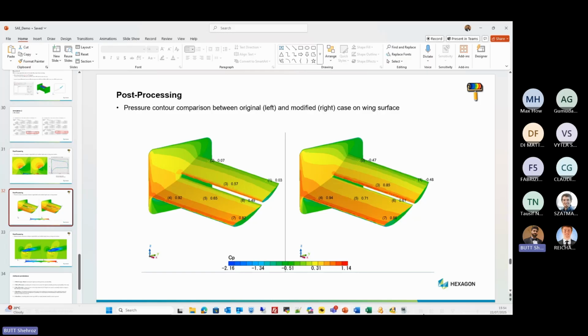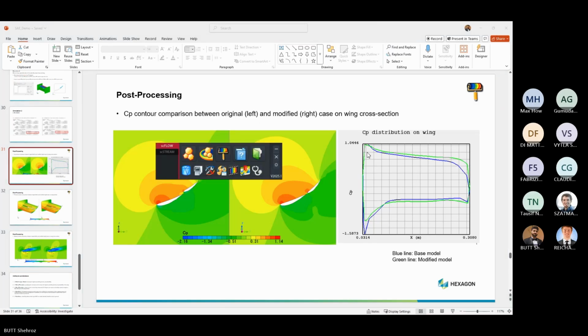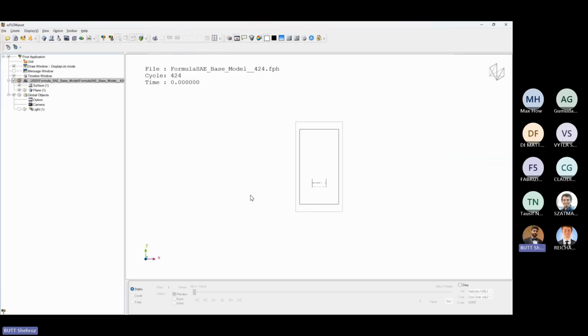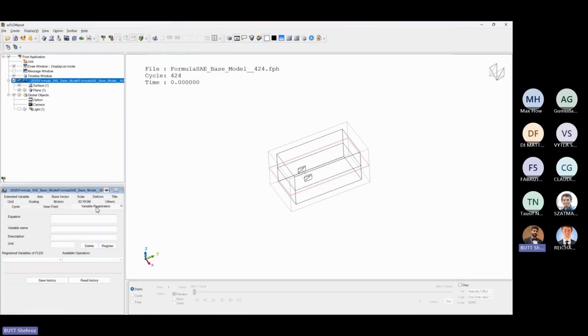So I'm going to quickly show you how you can create this CP graph. And let me open the FPH file again. In order to do this, we will first need to register the CP variable. And you can do this from the object in here. If we double click it, we have the variable registration command. And for the CP